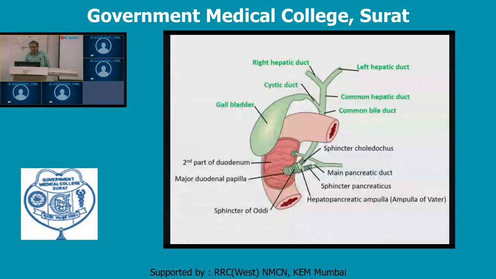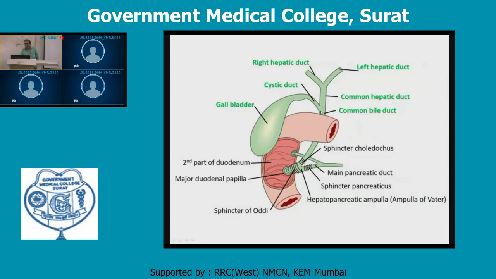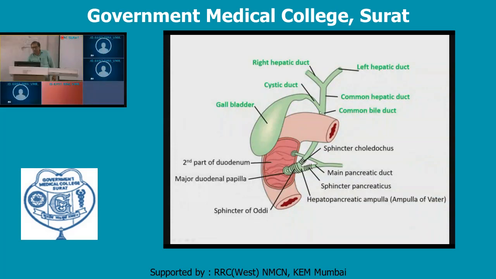And this common bile duct has on an average 7.5 centimeter length, and it passes initially above the first part of the duodenum. First get it, this is the first part of the duodenum. So initially the upper part of the CBD, CBD being the abbreviation of common bile duct, lies above the level of the first part of the duodenum. So that is known as the supraduodenal part.